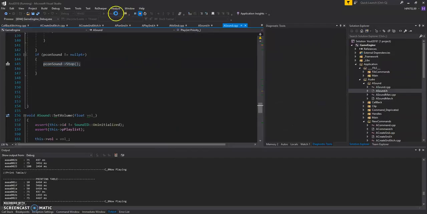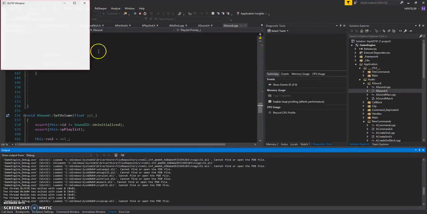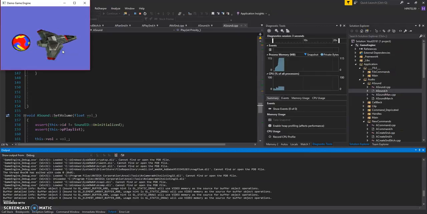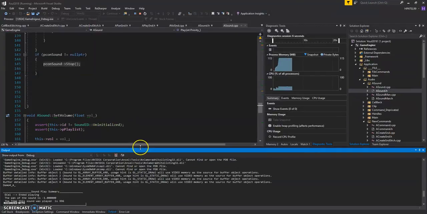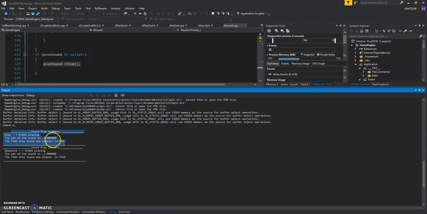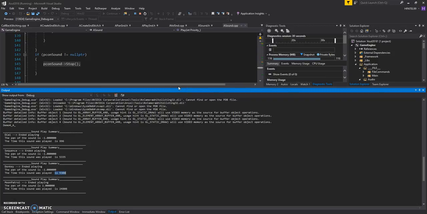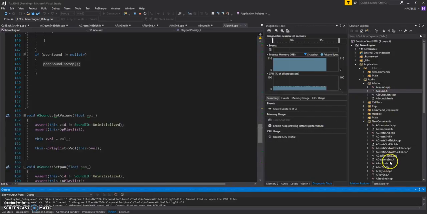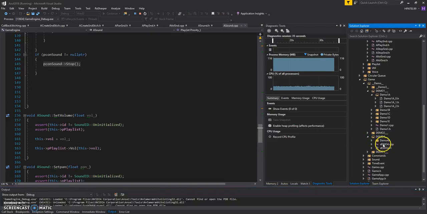I'll start the demo 4. You can see over here the summaries are being printed. The pan of the sound and the printing of the time that is being played is all being done over here. And we can go to the demo 4, and